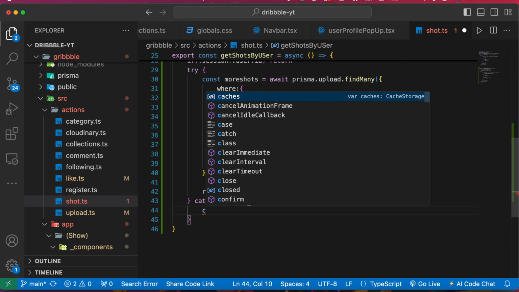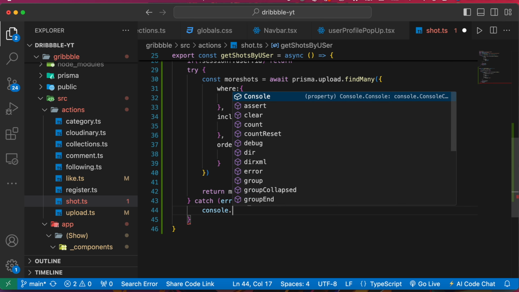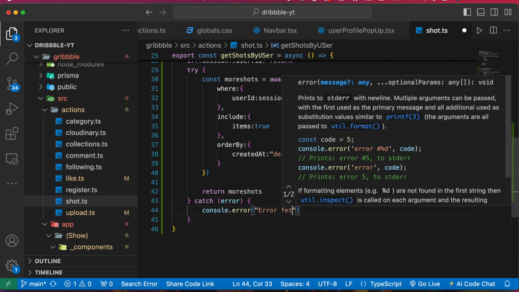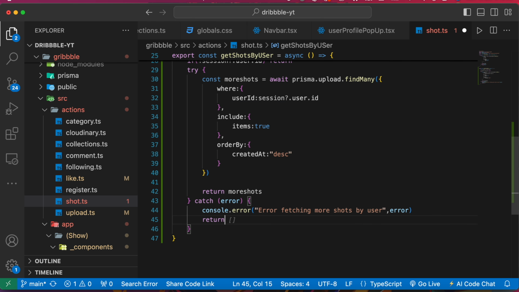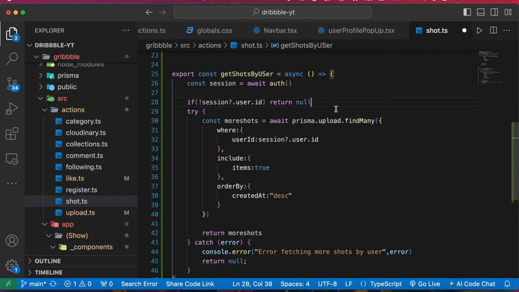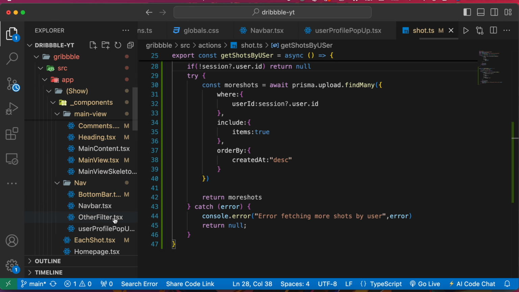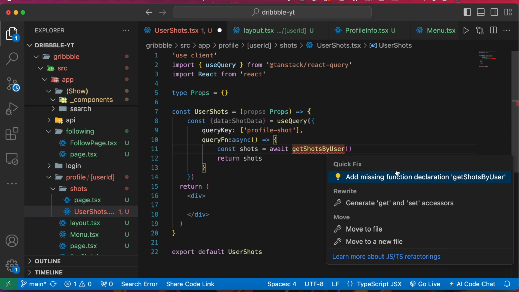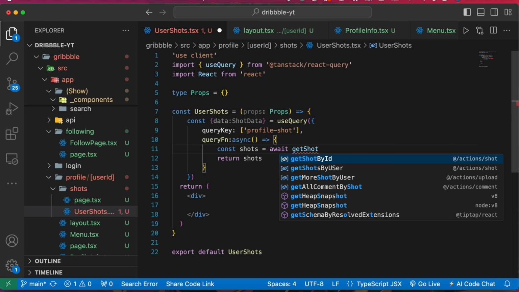Now here we can log the error, so console.error, and we can write error fetching more shorts by user, and then error, and then we can return null as well here and here as well, okay. So now let's save and go back to our page, so user shorts, and now we can import that from actions,